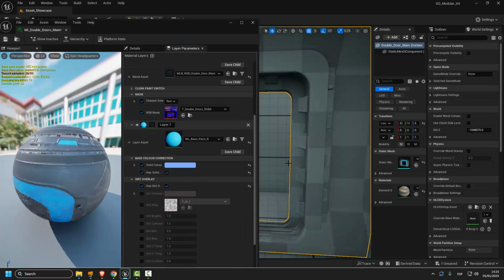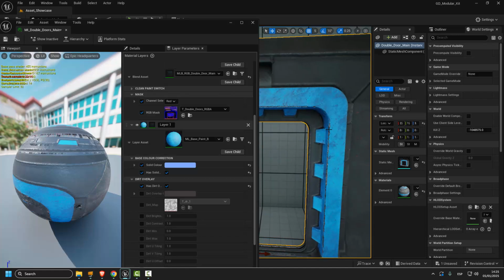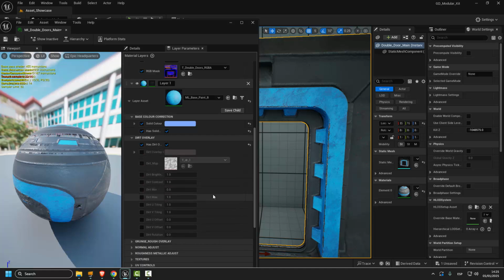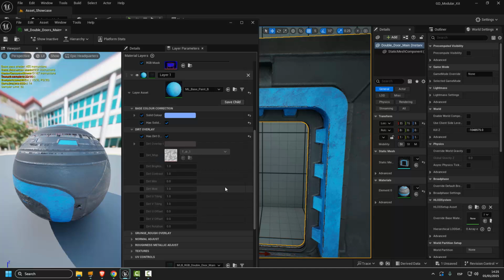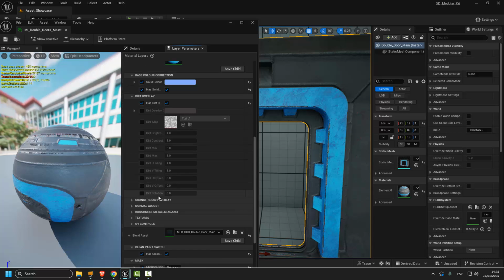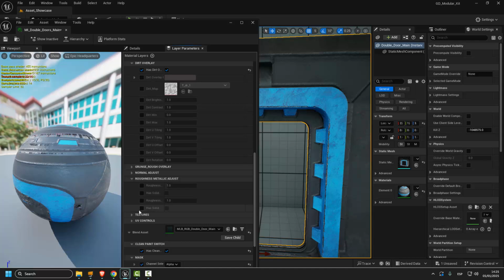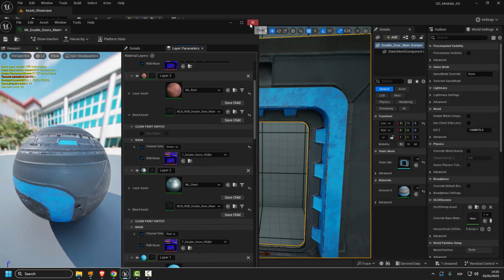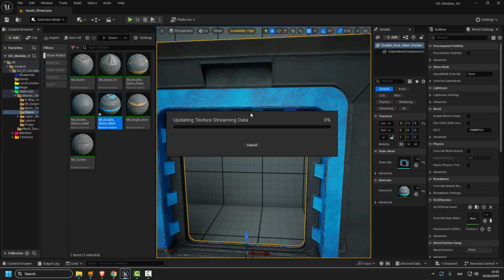Has an overlay, so that's a different type of overlay driven by this mask here, and then you have full control over that. Color of the dirt, the mask, brightness, contrast, that's the crunch the levels, tiling, offset, rotation, so you have full control over that. And the same for the grunge, and then normal adjust, and then metallic as well. So this has solid metallic, so you've full control over pretty much everything, as much as you can have by just having